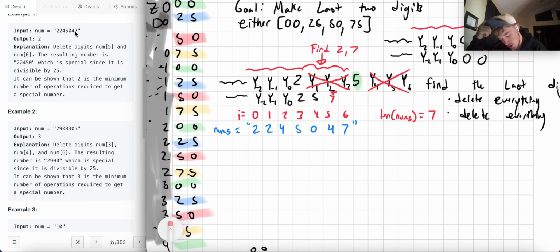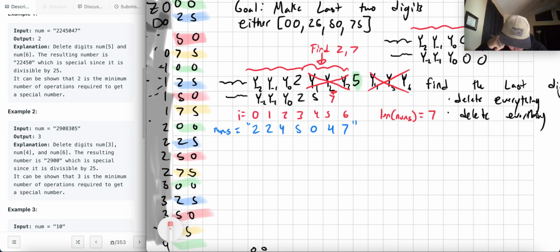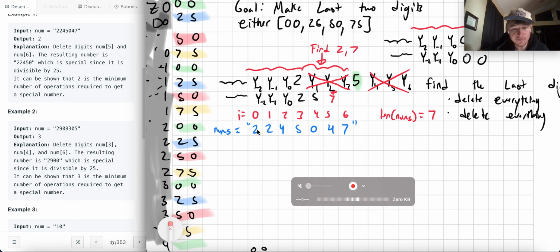So what are we going to do now? Well, we know the answer is 2, because we're going to have this 50 at the end. But how would you programmatically look through that? Well, I look at this 2 and say, there's no way I can make 2 the last number, so disregard it. I look at this 4, and I say, there's no way to make 4 the last number, so I'll disregard it. Now, when I look at 5, there are 2 ways to make 5 the last number,